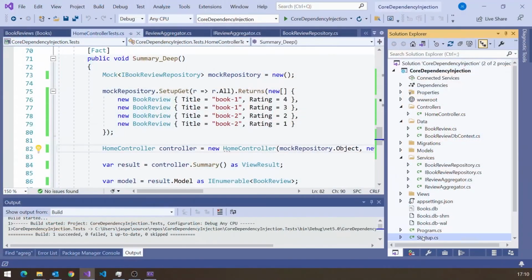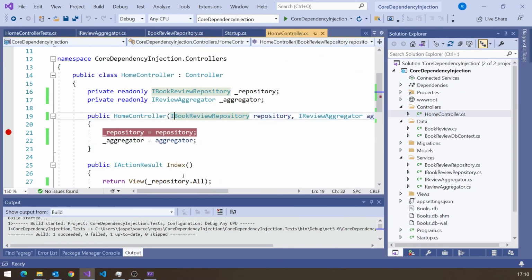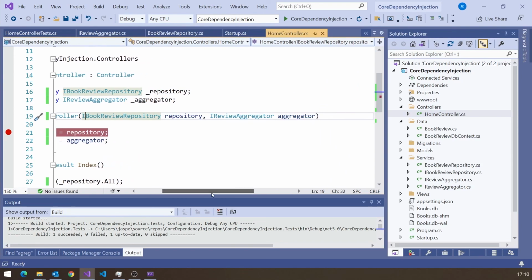There are still a number of questions to be answered, which we'll be looking at in future videos. One is related to when we configured these: what is it exactly that we mean by transient, and what are the alternatives there? Another one we had was, what do we do if we've got this long list of injected services? Can we simplify that? And another one was, well, what if we're not in the realms of ASP.NET at all? Can we still use this idea of dependency injection in other circumstances? The answer to all of those is yes, but you'll have to wait until next time to see it.